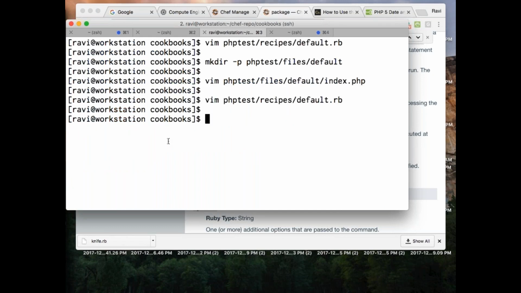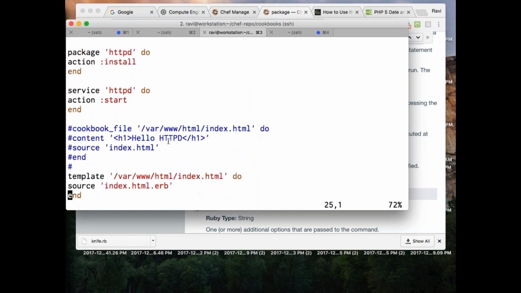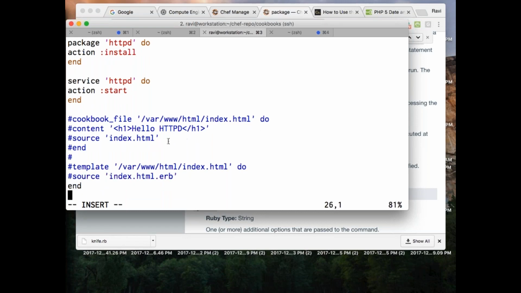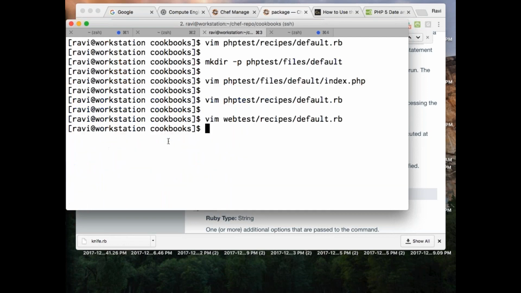Let me go and edit my web test. I don't want this template as well. And I'll say web test.